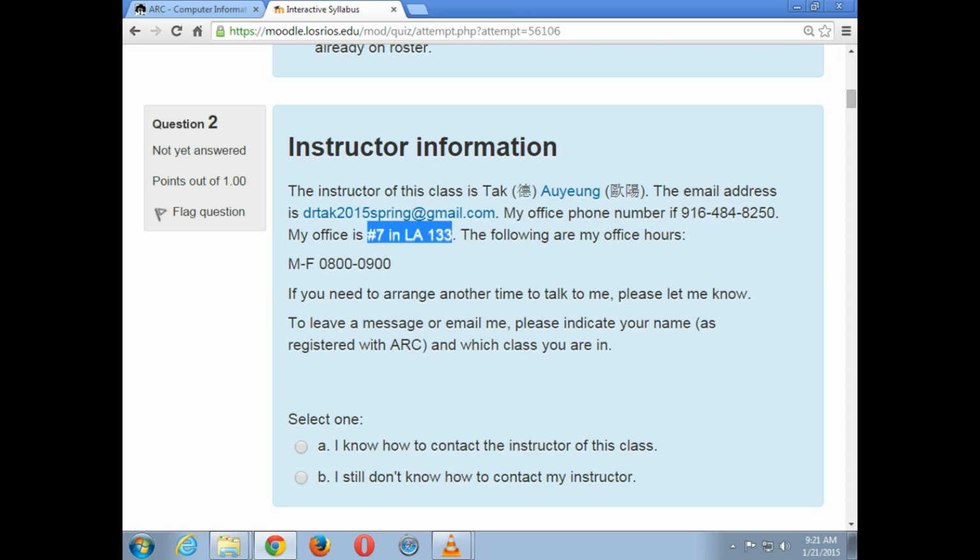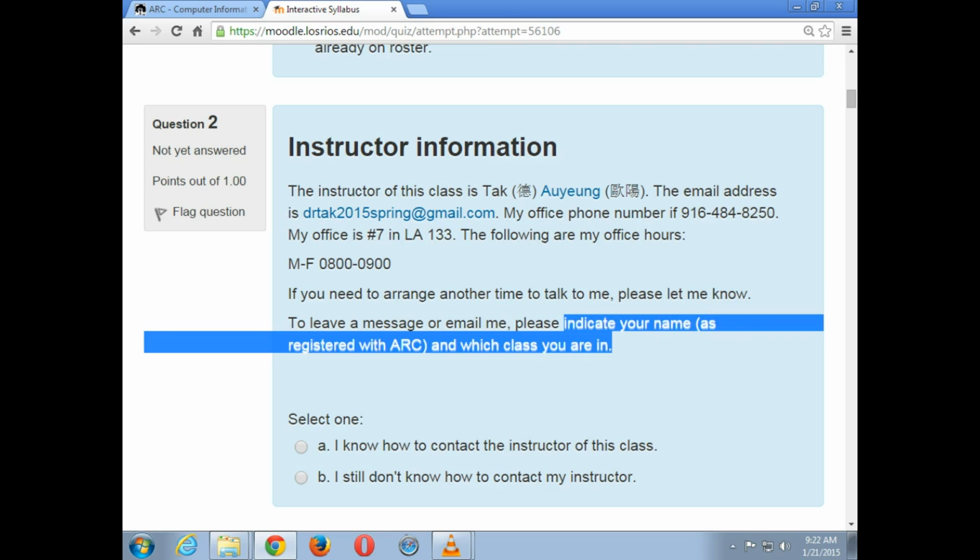If you need to arrange for another time to talk to me, go ahead and send me an email so we can arrange for a different time. I'm on campus quite a bit, so if you need to talk to me some other time, that usually can be arranged. If you're sending me any email, be sure to indicate your name and also which class you're